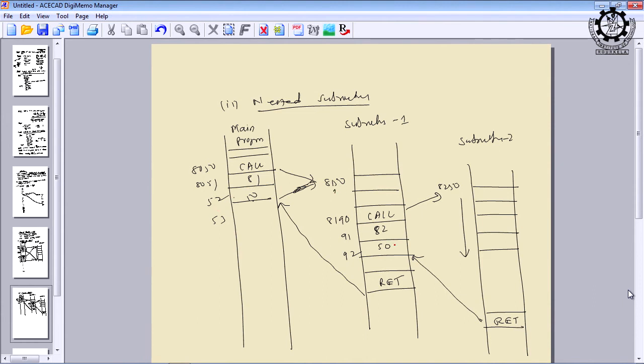Then after a few instructions, it finds another call instruction, and it is calling another subroutine whose address is 8250. Whenever the return instruction is encountered, the control will not come back to the main program. If it came back to the main program, that would be your first category of subroutines.